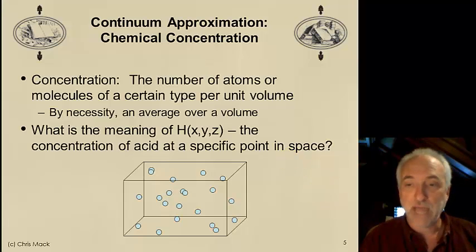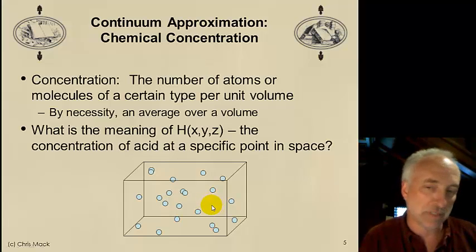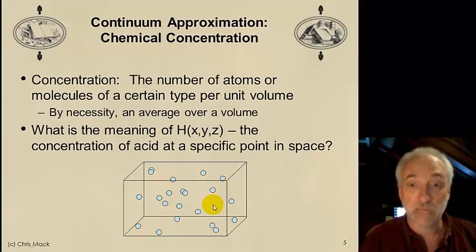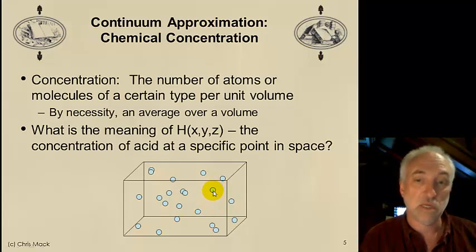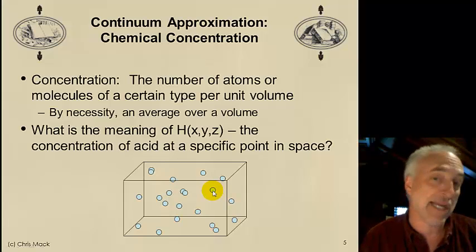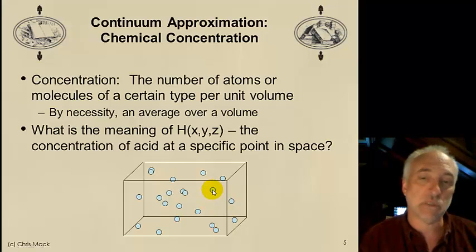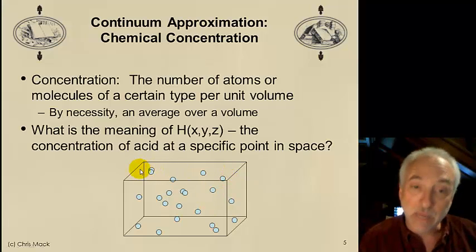But now what if I asked you, what is the concentration at this point in space, where my cursor is pointing right now? Well, the question, when you look at this picture, doesn't really even make sense. I can't really talk about the concentration at a point. If I point to a point in space where there's no atom, then the concentration is 0. If I point to a space here, let's say, where I'm pointing at an atom, well, then I'm pointing at an atom. It doesn't make any sense to say what's the concentration until I pick a volume over